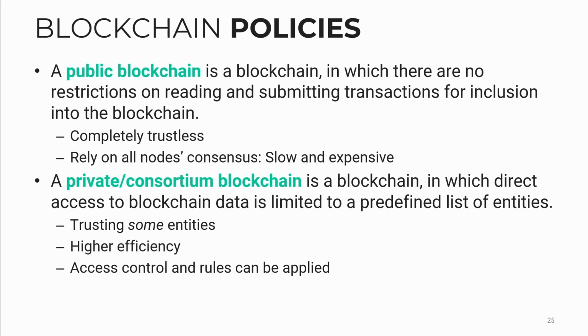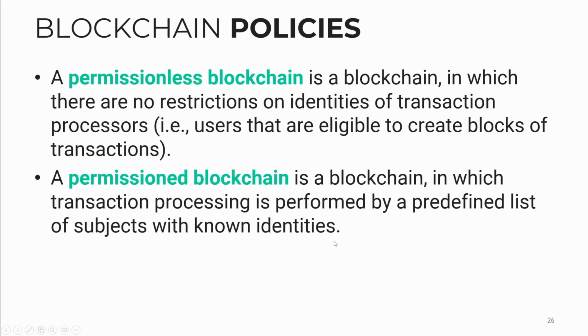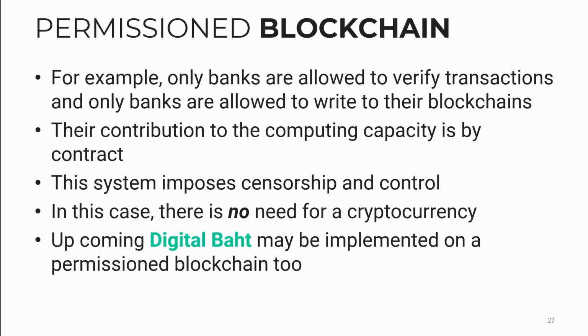With this aspect, you can divide blockchain into two kinds of policies. A permissionless blockchain is a blockchain with no restrictions. Everybody can access, everybody can process. Bitcoin is a good example of such a permissionless blockchain. Another one is a permissioned blockchain. It's a blockchain where all transaction processing and accessing has to be regulated. It has to follow the rules, and the parties that can access this chain must be verified. Bitcoin, as we mentioned earlier, is a good example of a public